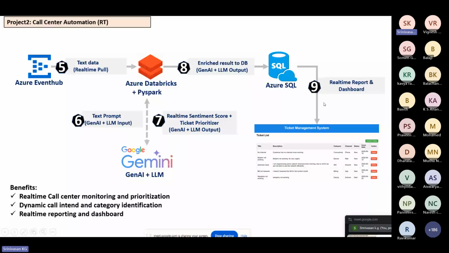The output is going to be processed within a second. If you click the submit button, first it is going to get the data, process the data, and then write it into MySQL. The same data is also pushed into the messaging queue. From the messaging queue, the real-time system, the Azure Databricks, is going to read the